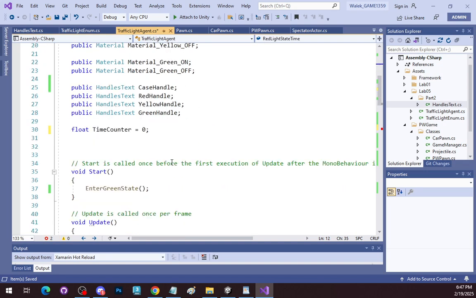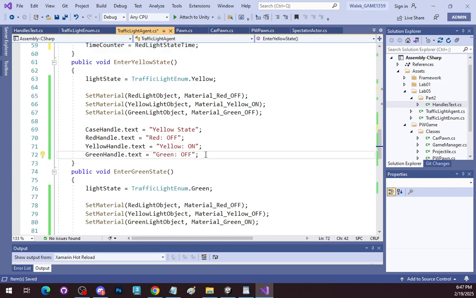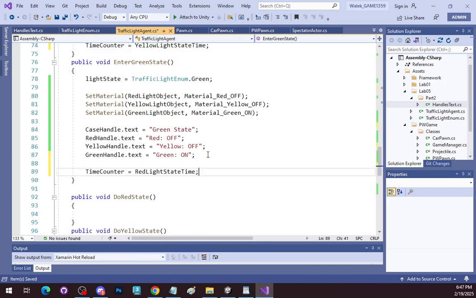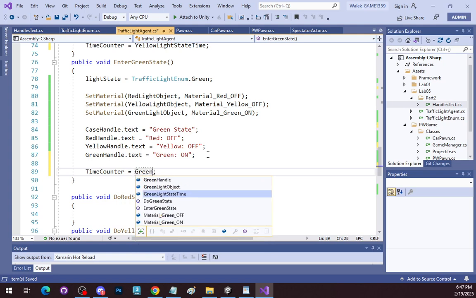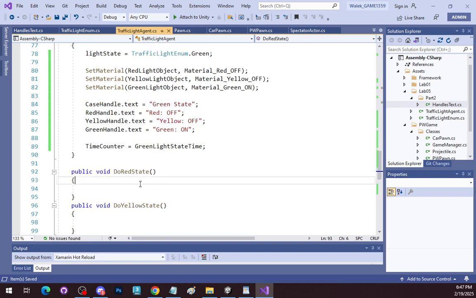There we go, red state time. This is going to be the yellow state time, and then down here,